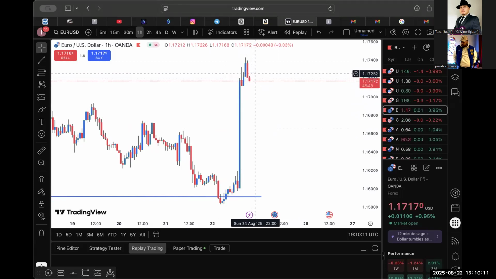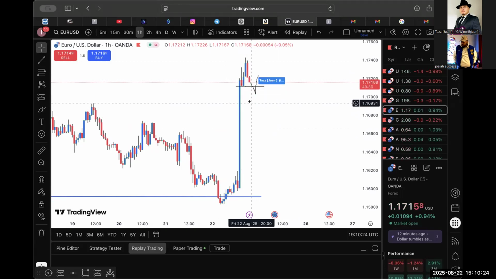You want to see something now? You're right halfway. You're right about the first part, waiting for the break, right? And then the retest. That's what it's called, the retest. Now, what do you see here? Isn't that like a baby head and shoulder? Yeah. You see it? I do.